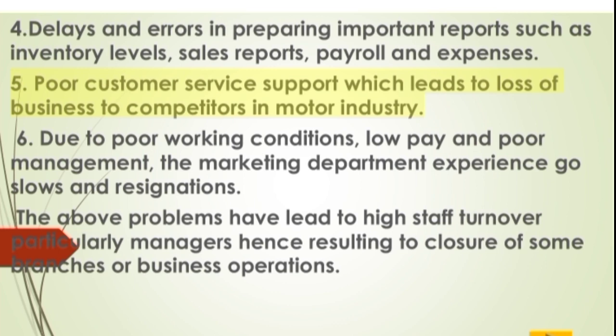Poor customer service support, which leads to loss of business to competitors in the motor industry. 6. Due to poor working conditions, low pay and poor management, the marketing department experienced go-slows and resignations. The above problems have led to high staff turnover, particularly managers, hence resulting in closure of some branches or business